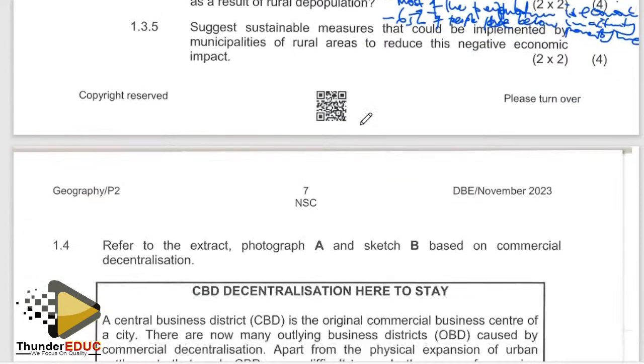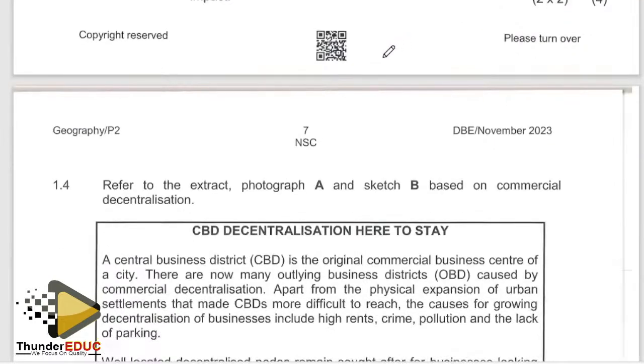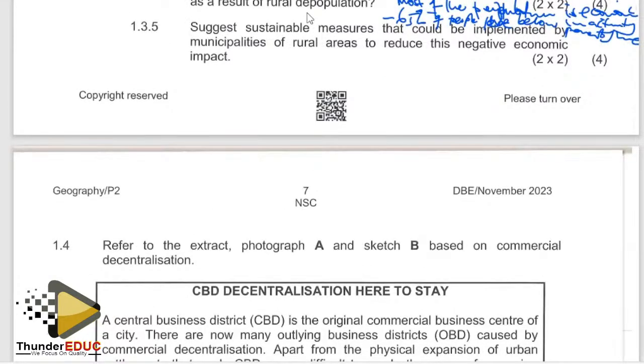Okay. The next question says, suggest sustainable measures that could be implemented by the municipalities of rural areas to reduce the negative economic impact. In other words, what can be done to reduce that negative economic impact in rural areas? So we can say provide services in rural areas. When I talk about services, for example, water,